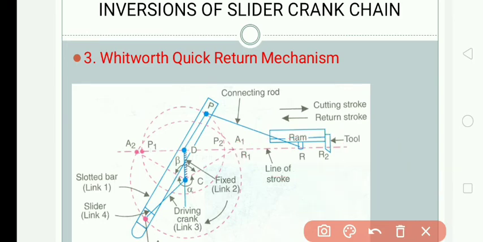So here also we have obtained a line of oscillatory motion, and it is a quick return motion mechanism. That means the return will take place at a fast rate. That is the purpose here. The working or forward stroke will be at a slower rate because angle alpha is greater than angle beta, and the return stroke will be at a faster rate. That is the quick return mechanism. This is how the Whitworth quick return motion mechanism works.